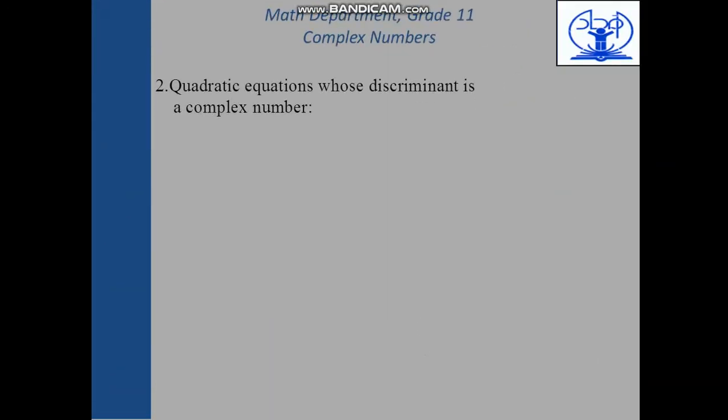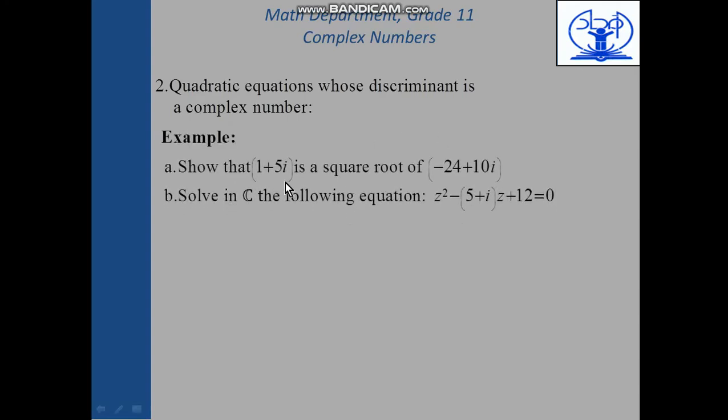Quadratic equation whose discriminant is a complex number. Example: show that 1 plus 3i is a square root of minus 24 plus 10i. Solve the following equation: z squared minus (5 plus i)z plus 12 equals 0. First,